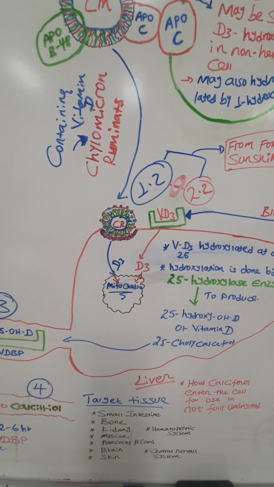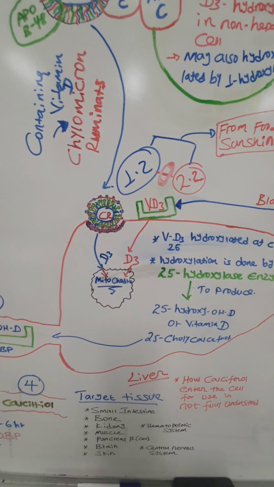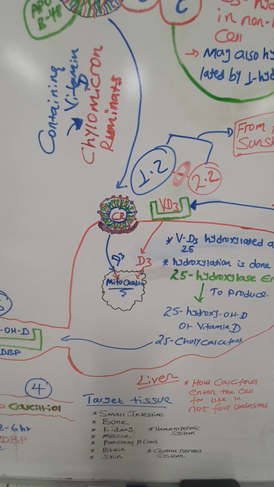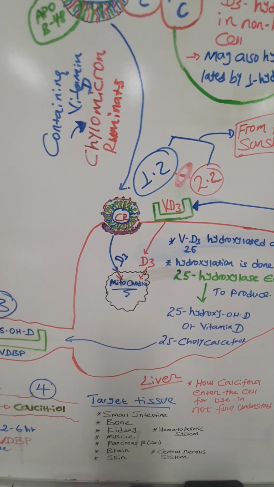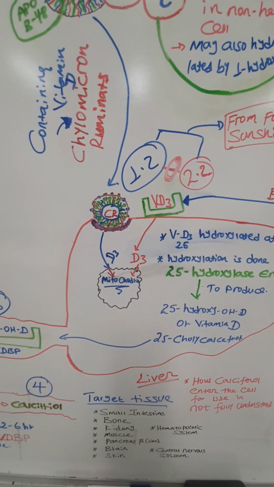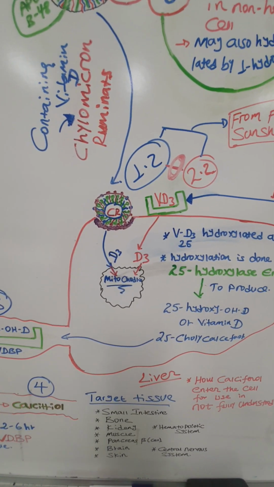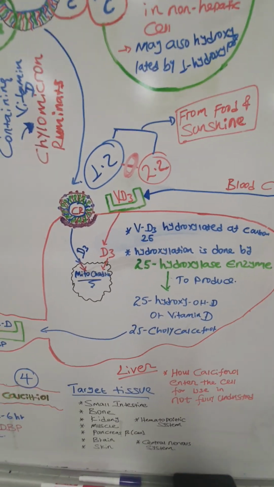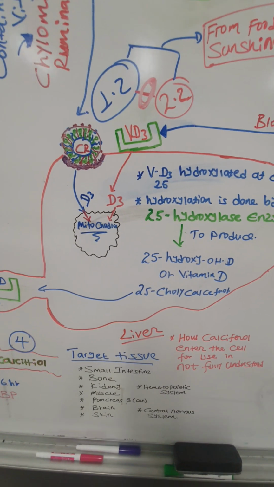Chylomicrons have a special attachment place in the liver, which is the LDL receptor. The LDL receptors will also accept or receive chylomicron remnants, and in this way the chylomicrons will get into the liver cell. Then the vitamin D3 in the D3 form will be translocated into the mitochondria, where it undergoes some kind of